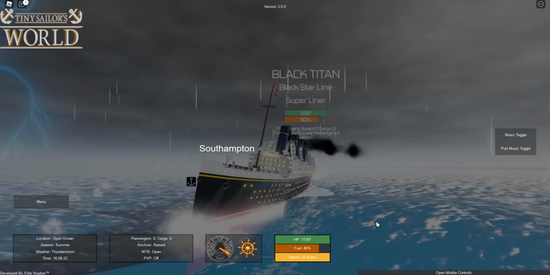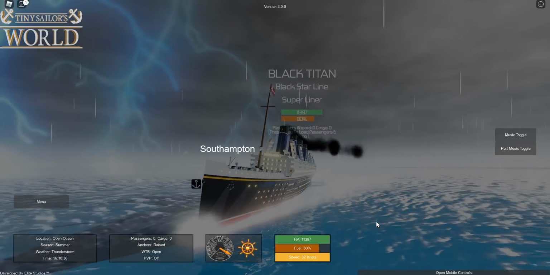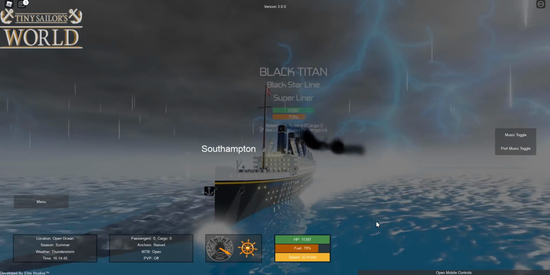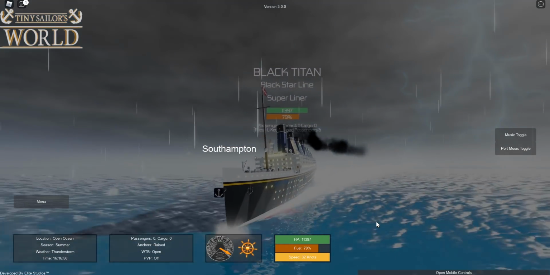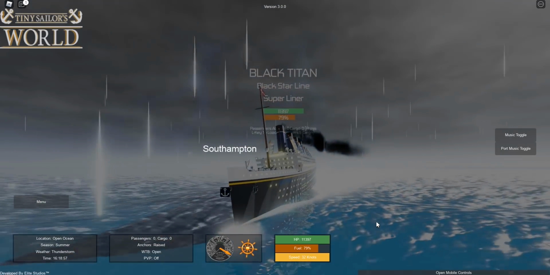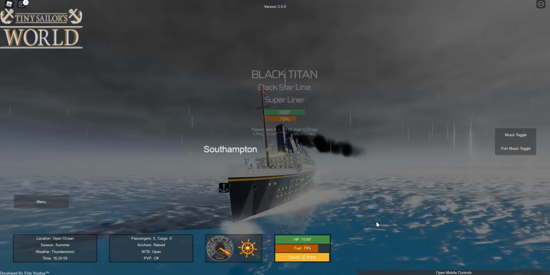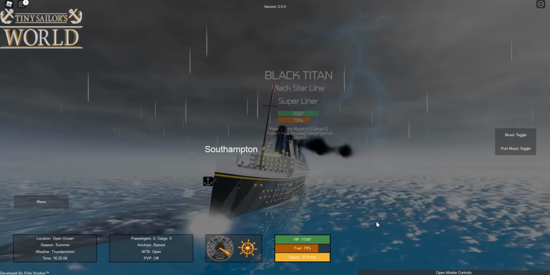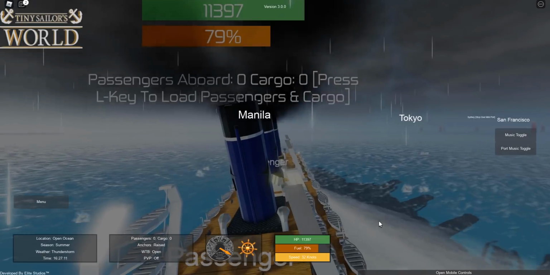Alright, the next ship we're taking a look at is the Black Titan from the Black Star Line. This is a fictional superliner, so it didn't exist in real life. However, it was created right here in Roblox. So I don't know who created it, who designed it, but it looks really cool in game. And yeah, so what we're going to do is we are going to go ahead and sail this thing to